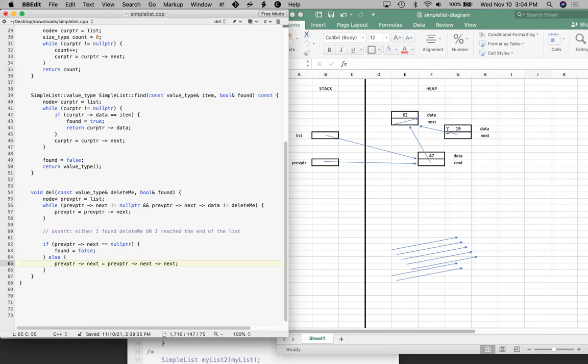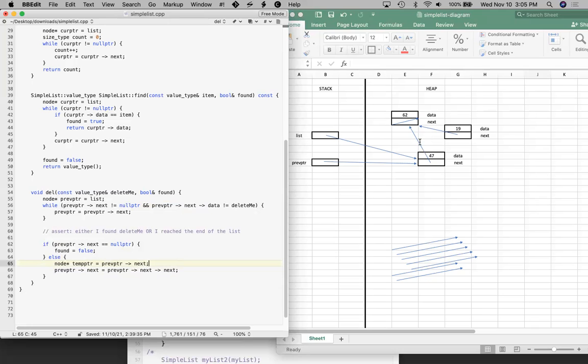And then we're going to delete that temp pointer when we're done. So node star temp pointer gets prev pointer arrow next,